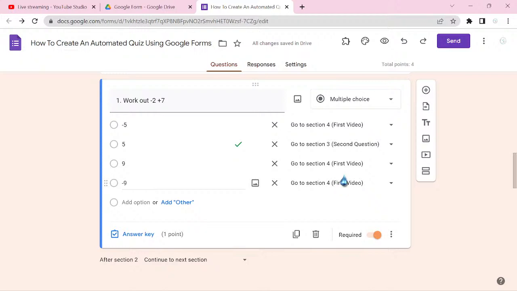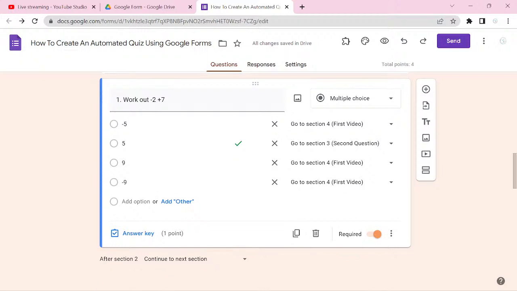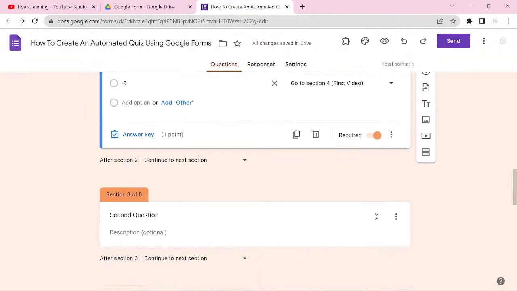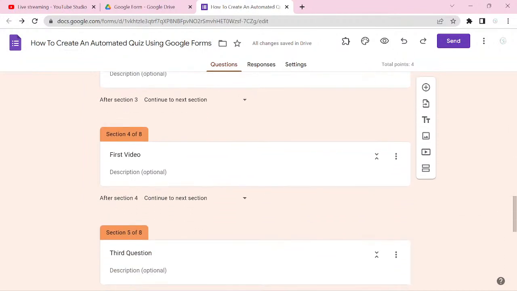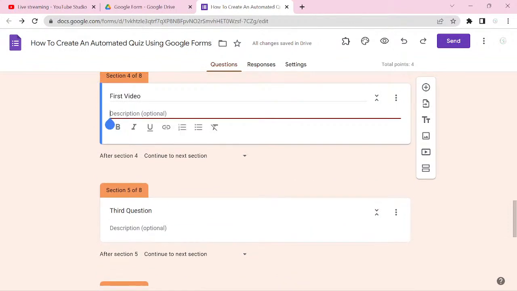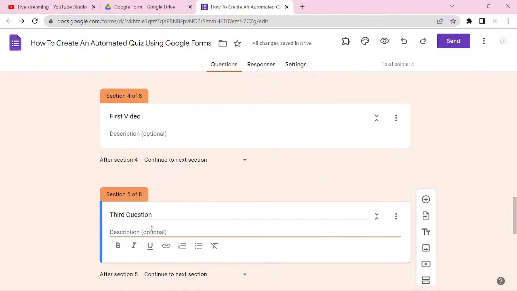So that means in section 3, I have to put a new question there. Then in section 4, I have to put a video there. So let's go to section 4 first to put a video there, then we'll continue from section 3. So this is section 4. Okay, so you can put an instruction here. Okay, so you can say kindly